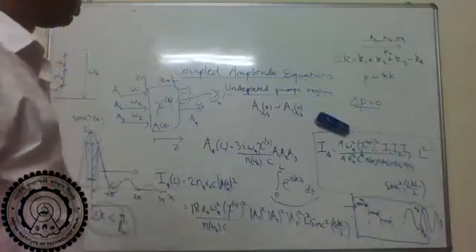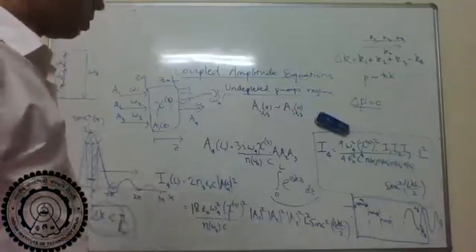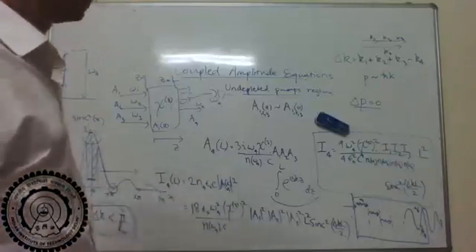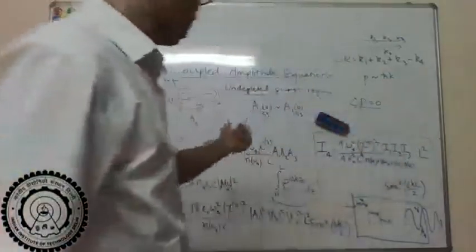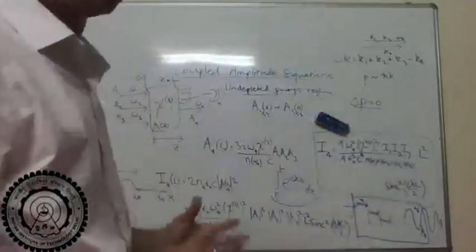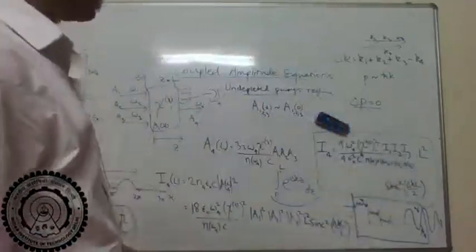So basically, like, let's say you want to engineer some kind of nonlinear interaction for some kind of application, a major focus will be how to make this delta K close to 0. Okay, so that's where most of the engineering and your design comes into the picture. Because, so you can see here,